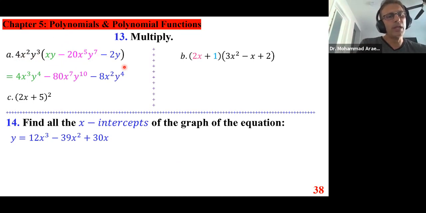I hope you remember the a plus b squared. So a squared, 2x squared. So let me just write this underneath. So we have a squared plus 2 times a times b plus b squared,